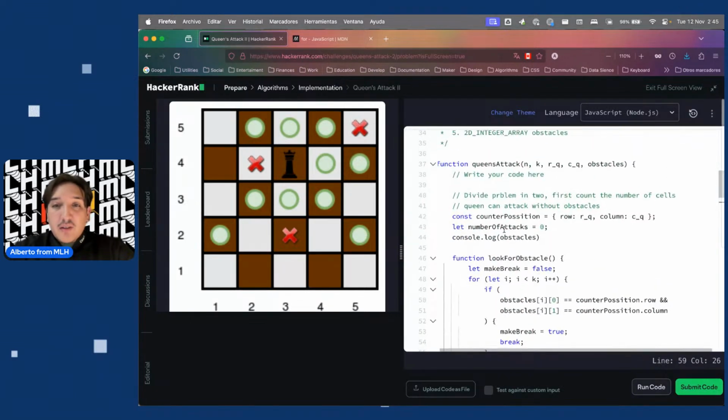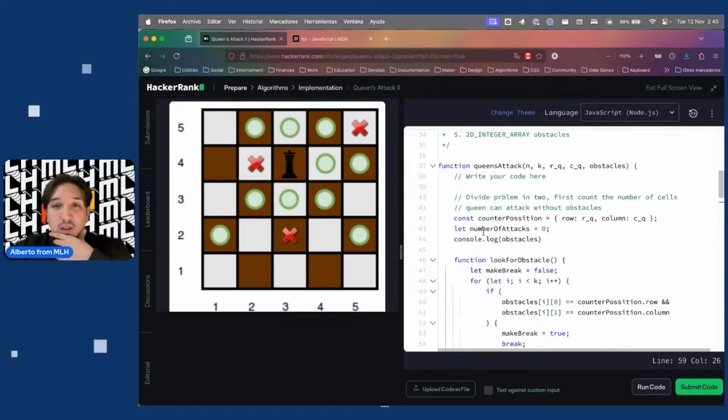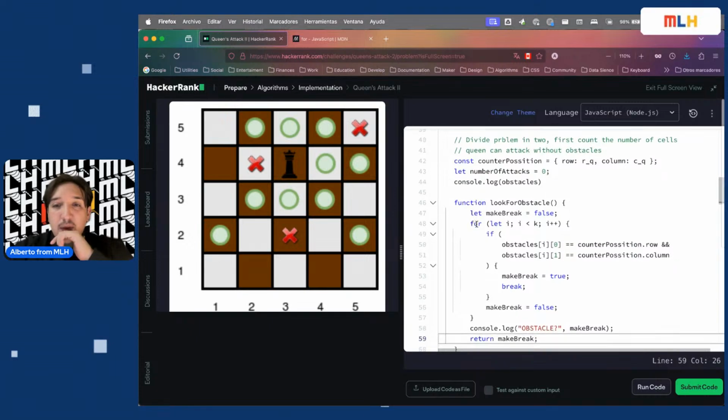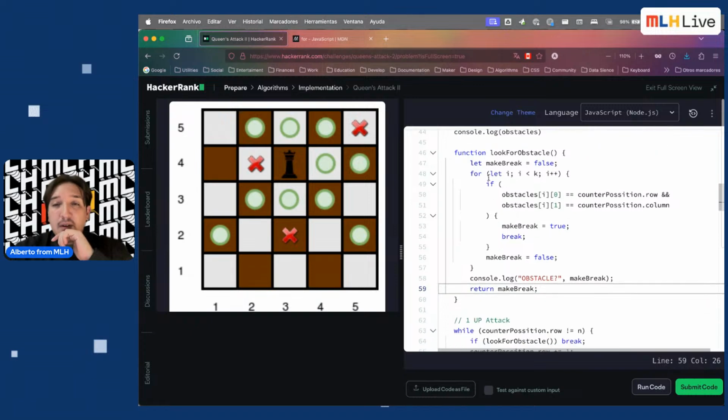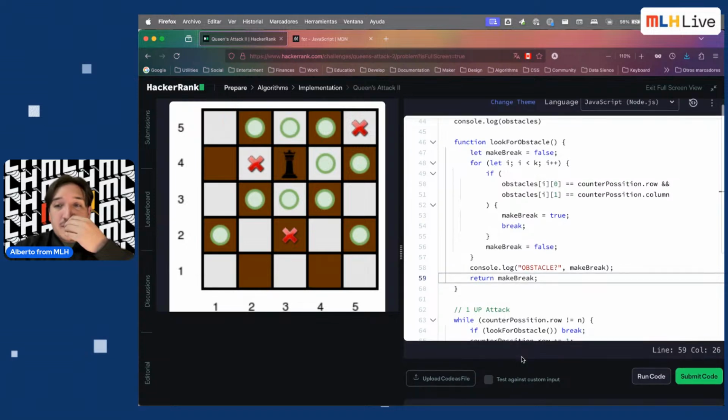We came here and we need to understand what's happening. We set the make break variable to false at first, then for the number of obstacles that we have, we check all of them. If they are the ones we are looking for,